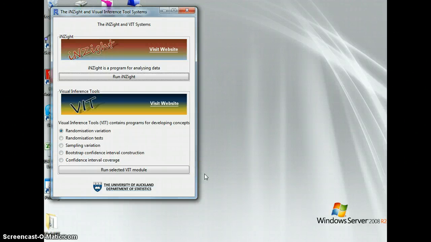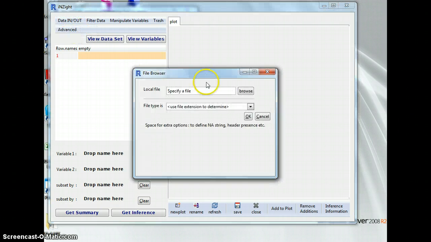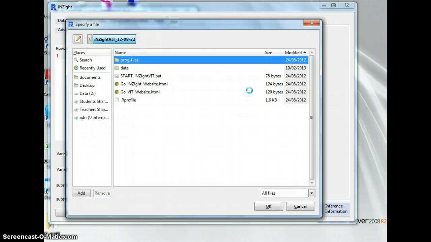Okay, so iNZight for bivariate data. Obviously, you would run iNZight in the normal way. Find it on your computer, run it, and then you're obviously going to need to import some data in the usual way. Import data, and to find the data for these 8 data sets, you need to go to